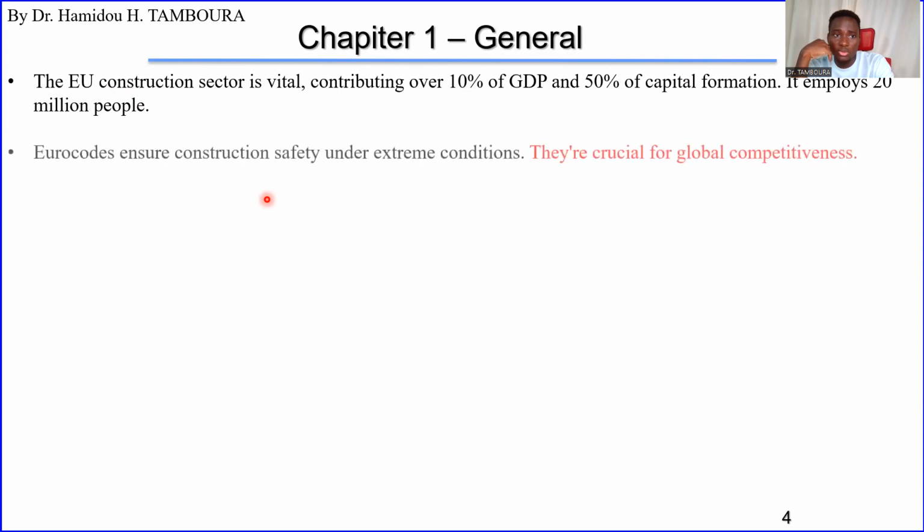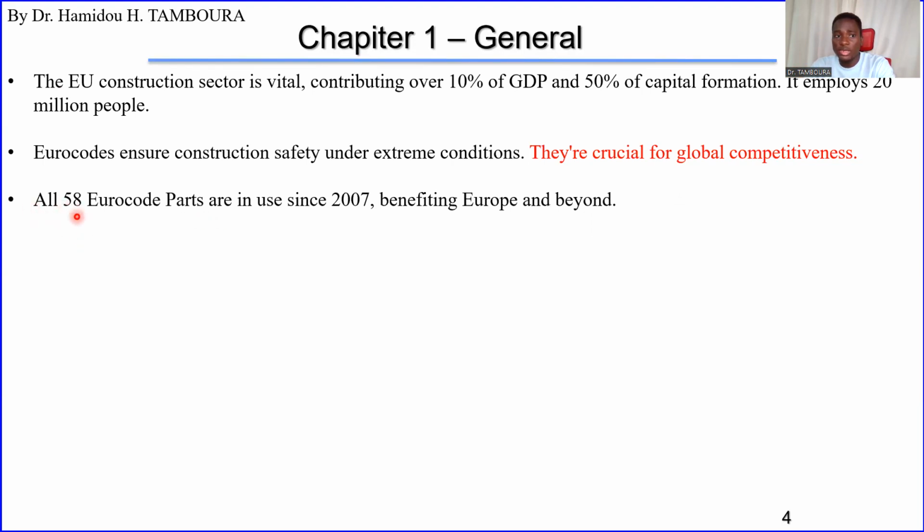So Eurocodes, actually there are many, and these codes give guarantee for safety, construction safety under extreme conditions. And they are very crucial for global competition because European countries need to compete also in the world. So all 58 Eurocode parts, so there are 58 parts of this Eurocode are allowed to be used since 2007,